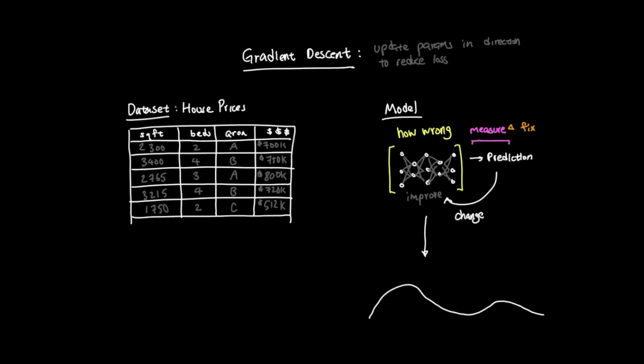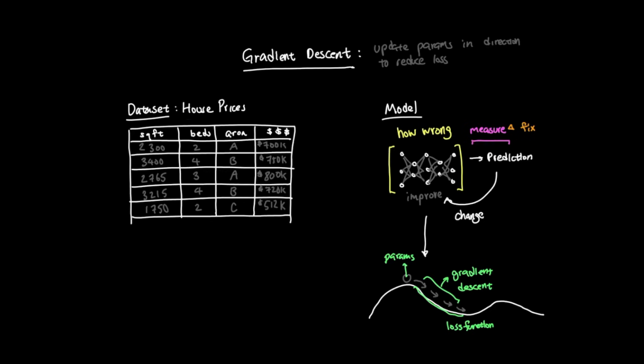To understand this idea, imagine a ball is sitting on a hill. The height of the hill represents the loss. A higher point means the model is making worse predictions. A lower point means the model is making better predictions. The goal is to get the ball rolling downhill towards the lowest point it can find. In machine learning, the model's current parameters are like the ball's current position on the hill. The loss function creates the surface of the hill. And gradient descent is the method that tells the model which way to move.